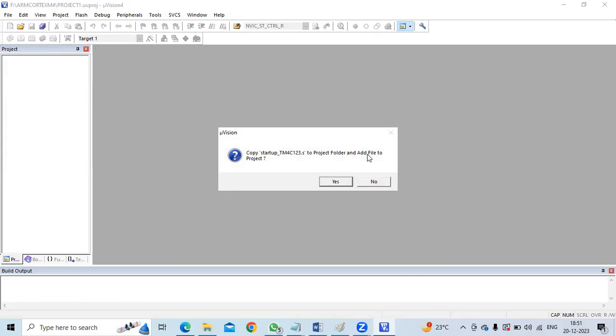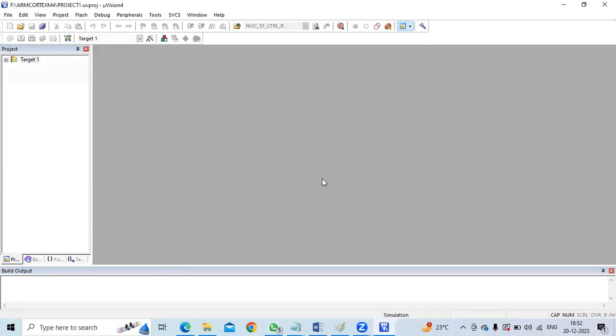So here you have to decide in which language. If it is in assembly level language, you no need to add the startup file to your project. You can click on no. If you want to work with high level language, C programming, then you have to add the startup file. Click on yes. So now my file I am supposed to be using C. So click on yes. So there's the startup file that you can add,